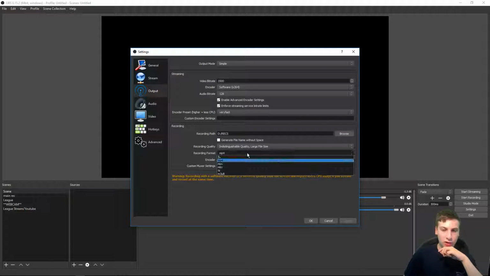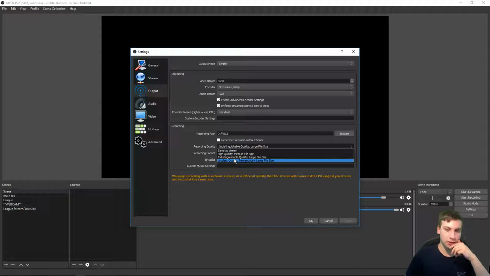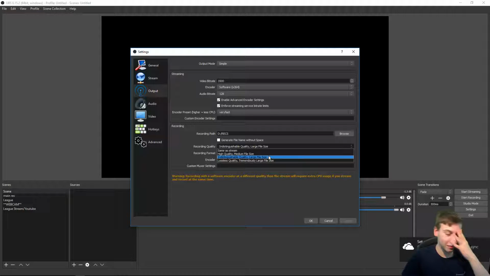Self-explanatory, basically. Recording quality. Okay, here's where it's gonna get tricky. This will slow down your CPU a ton. If you are putting it on lossless quality, I do not recommend that. If you have a fairly good computer like mine, I would go for the... I can never pronounce the word... that one. It does create a very large file size, but